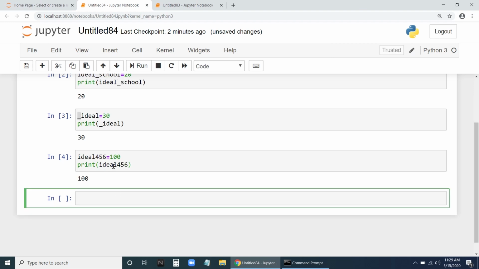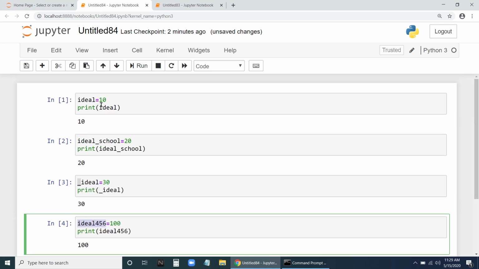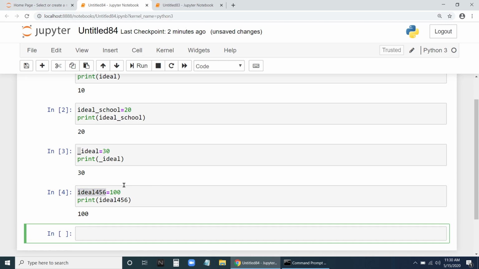You can give numbers also. So these are valid variable names. This is an integer value we are assigning, so it will become an integer variable. All are integer variables because they contain numbers, no decimal values or strings. Ideal also, ideal underscore school also, underscore ideal also, ideal 4, 5, 6. So you can give any valid name here.